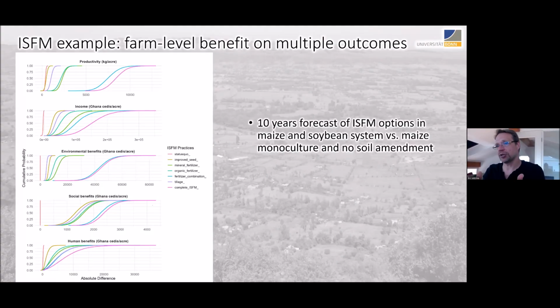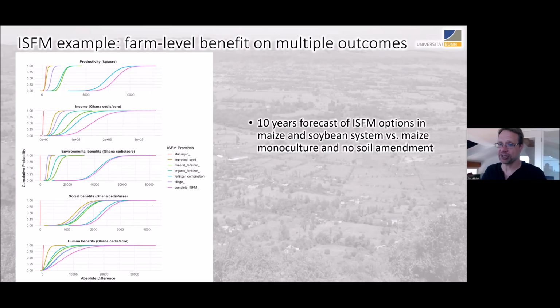And here are the options. These are different types of land management. The complete ISFM is the pink lines here. The status quo is the orange, and everything else between these are different improvements that people can make that don't quite reach the level of entirely being ISFM. There are some just changes in tillage, for example, or changing to improved seeds or to mineral fertilizer, and for all of these options, we can identify